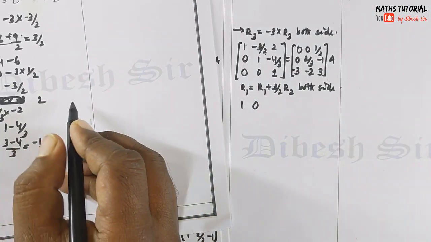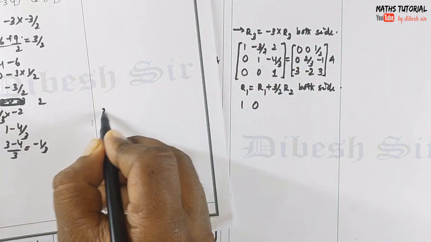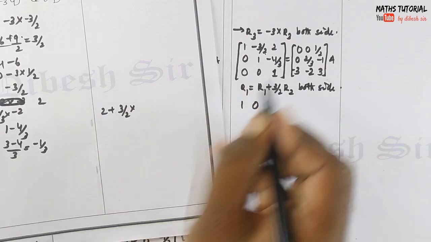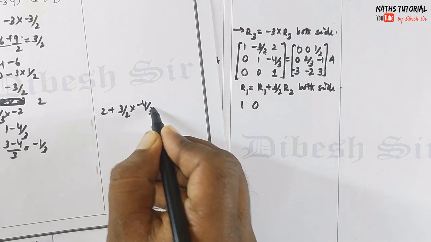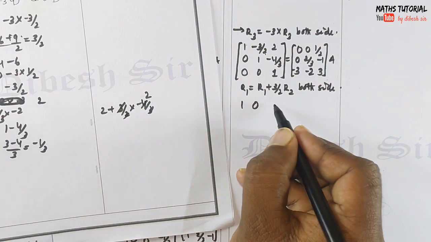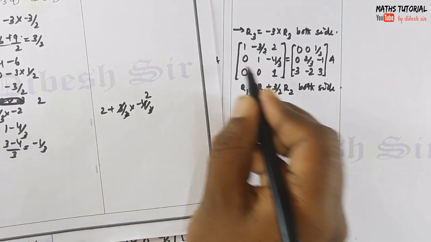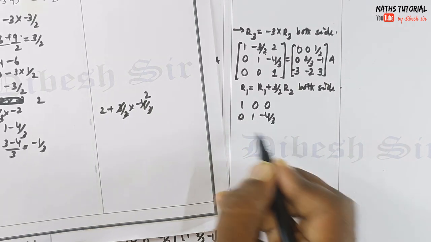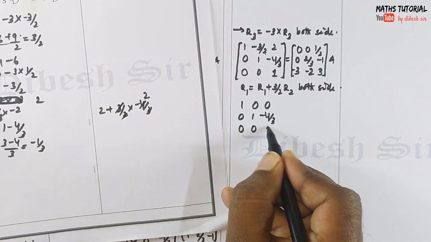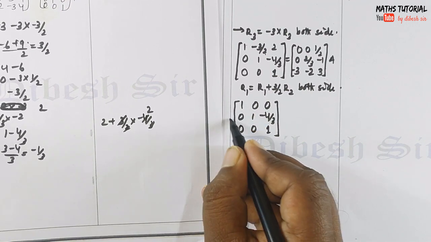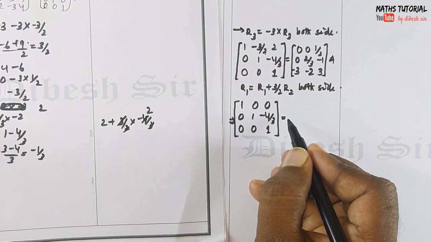have a rough note, 2 plus 3 by 2 into R2, that is minus 4 by 3. So 3 3 cancel out, 2 minus 2, that is 0. Write it. 0, 1 minus 4 by 3, 0, 0, 1 is equal to